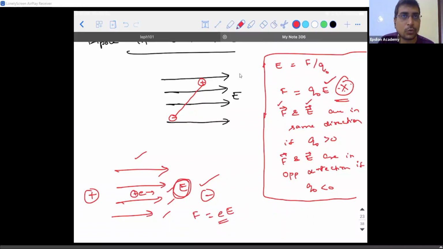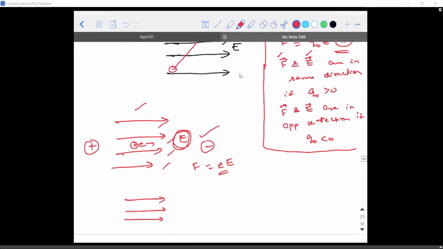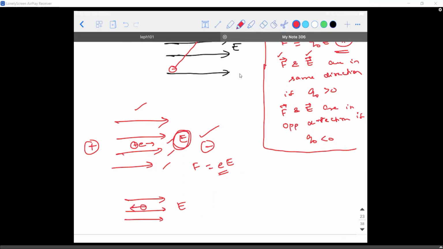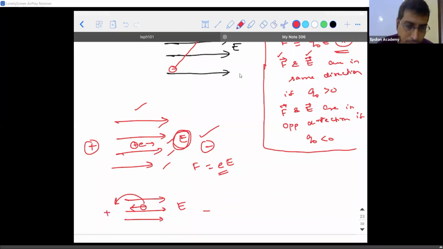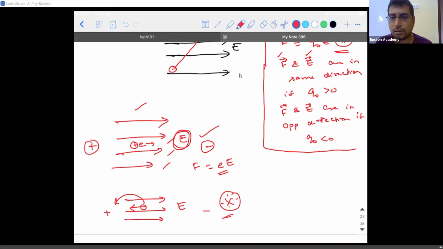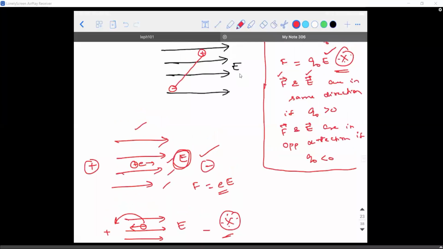So from this, what did I conclude? Force and electric field are in the same direction. Or I can put it like this, force is in the direction of electric field. Whereas if I put a negatively charged particle, that is an electron, in the electric field, then it would have experienced a force in the leftward direction. Yes, sir, because you told this is positive, this is negative. Electron tends to get attracted to positive charge. So that is what I meant by that statement. This is an important point you need to understand. Is that clear? Shall I proceed?